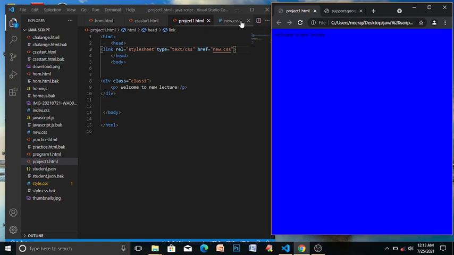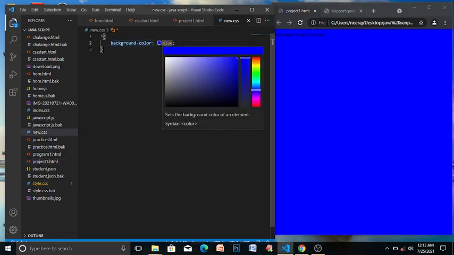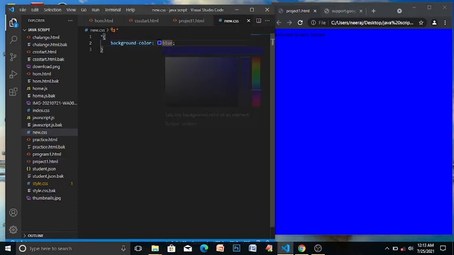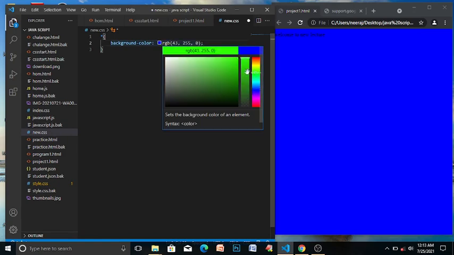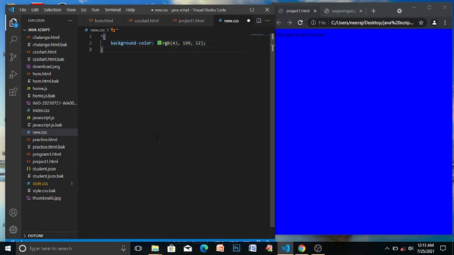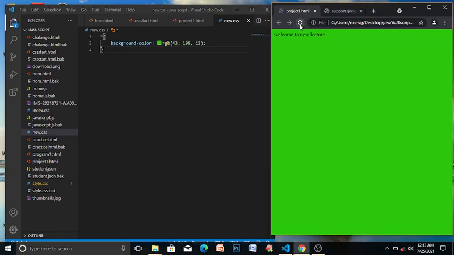I can change it to another value for recognizing it. The color has changed. Now you should understand the meaning of this asterisk, or you can call it star. This is the meaning of it. It selects everything in your entire window, whether it is your paragraph tag, element tag, class, whatever it is, it will select everything inside your window.